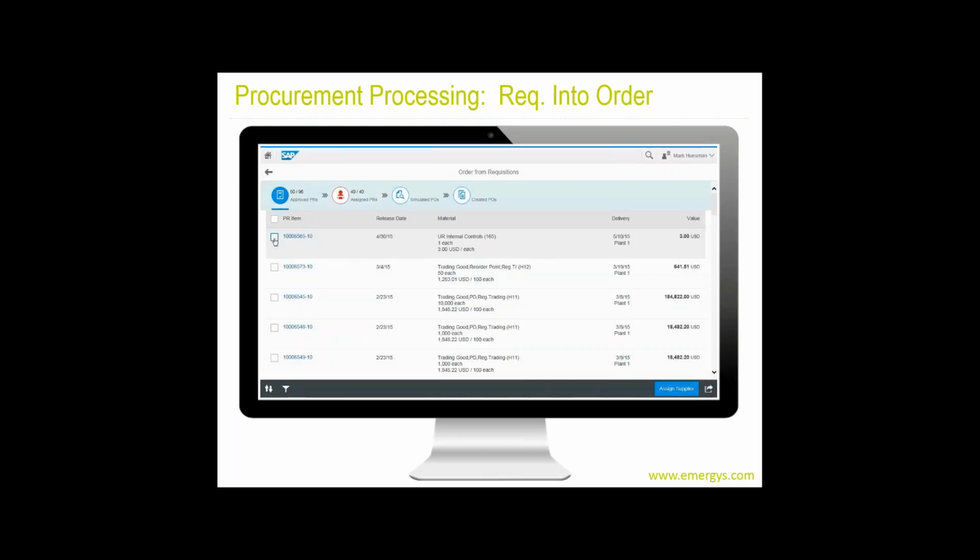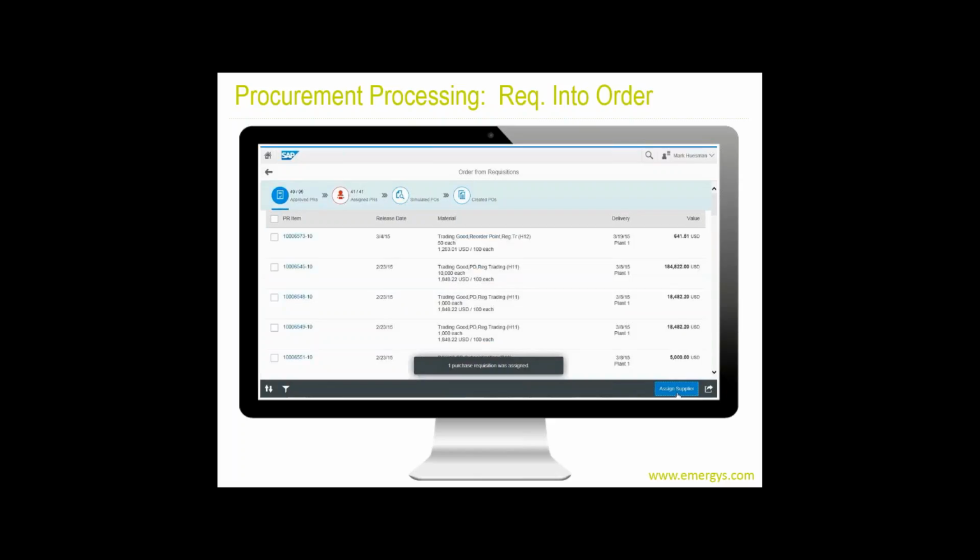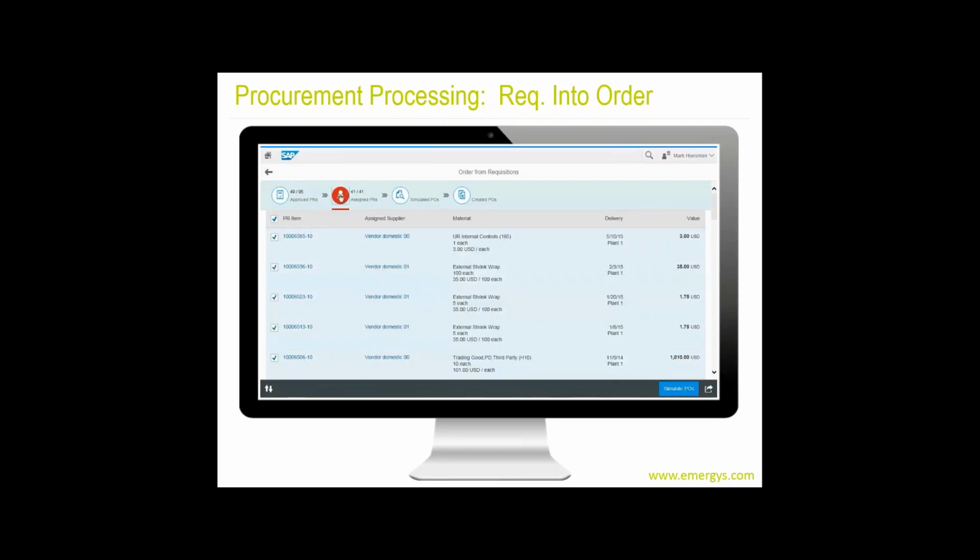So this allows you to select one or many purchase requisitions, automate the assignment of suppliers, and if there's not one that's automatically assignable, the system will come back and tell you that and let you manually do it.